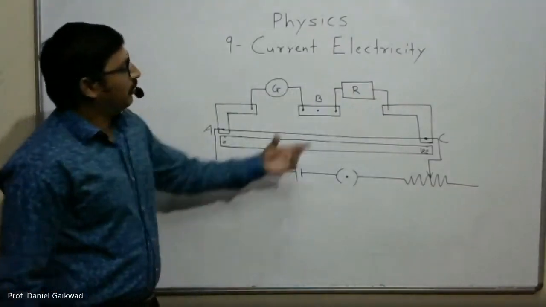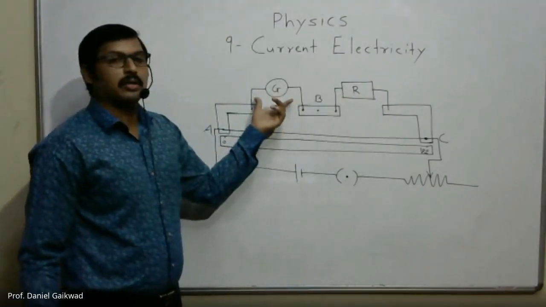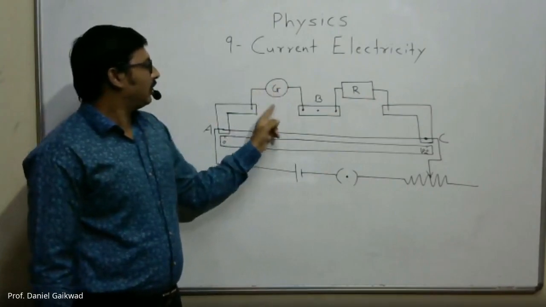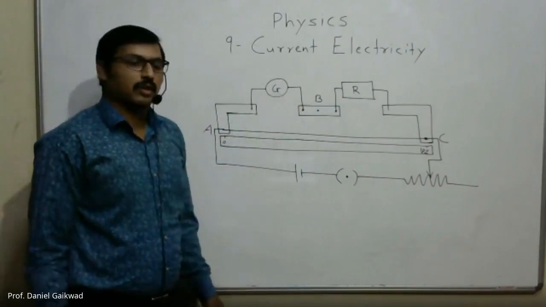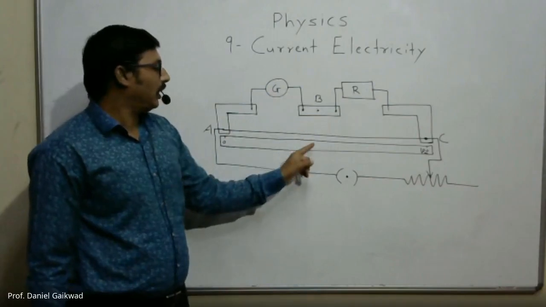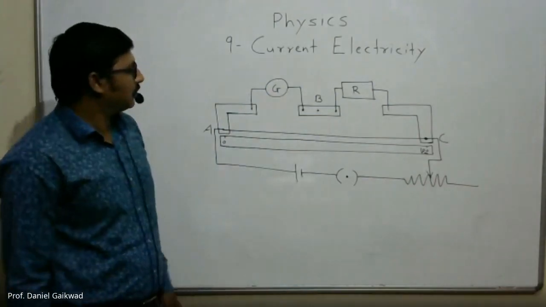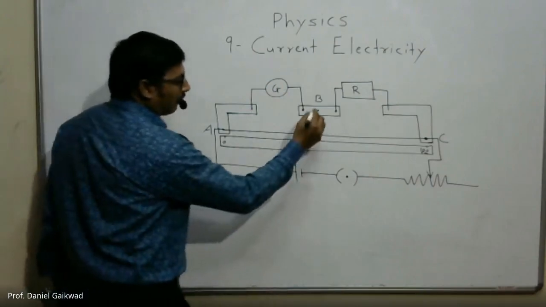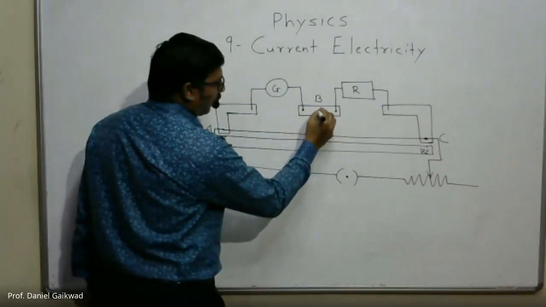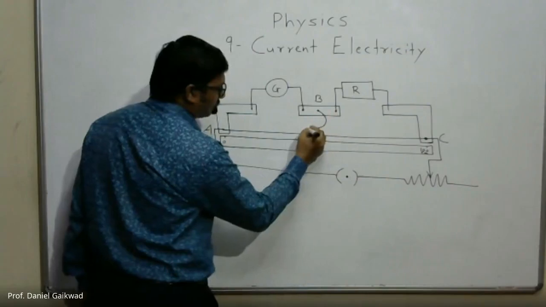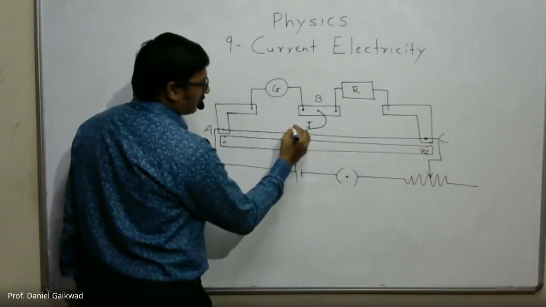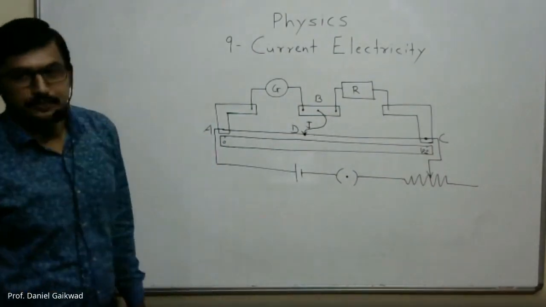So here we have the resistance box in the application of meter bridge to find the resistance of the galvanometer. In that case, the galvanometer is connected in the left gap. In finding an unknown resistance, the galvanometer should be connected between the B and D points. But for the application of Kelvin's method, resistance of galvanometer by Kelvin's method, we connect the galvanometer in the left gap, and from point B we have the jockey contact, and the point obtained on this wire is, suppose, D.